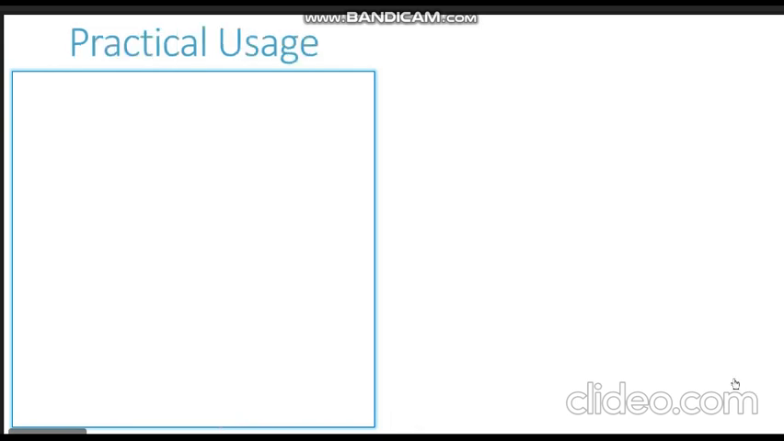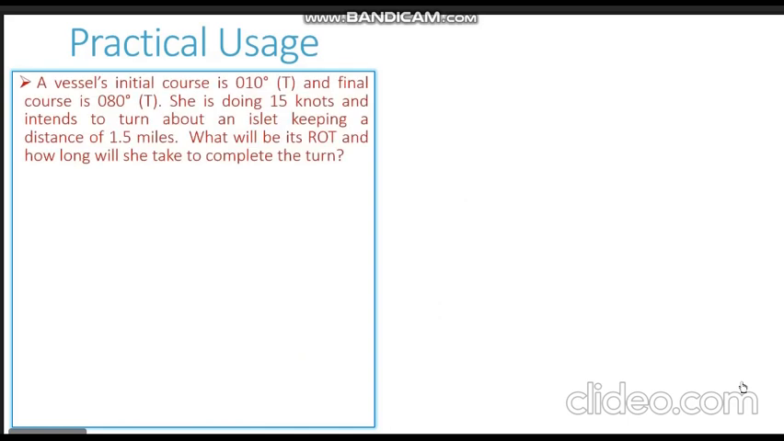Now see the practical relevance of this formula. How does it help us in actual situations, actual scenarios on board? Let us understand this using an example. We have a vessel which is moving on an initial course of 010 degrees true and the final course is